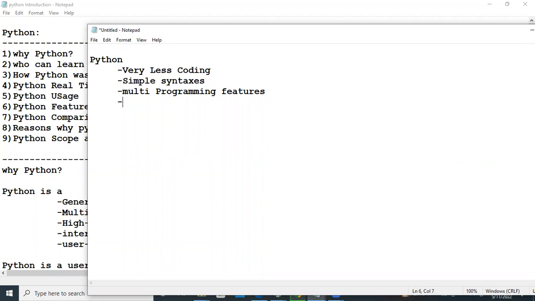And one more major advantage, just like how you communicate, how you interact with your friends, in a similar manner, I can interact with Python statement by statement. It gives a response for each and every statement, right? Interactive mode. Python provides interactive mode. This feature you cannot see in other programming like C or Java, right? Interactive mode. For example,